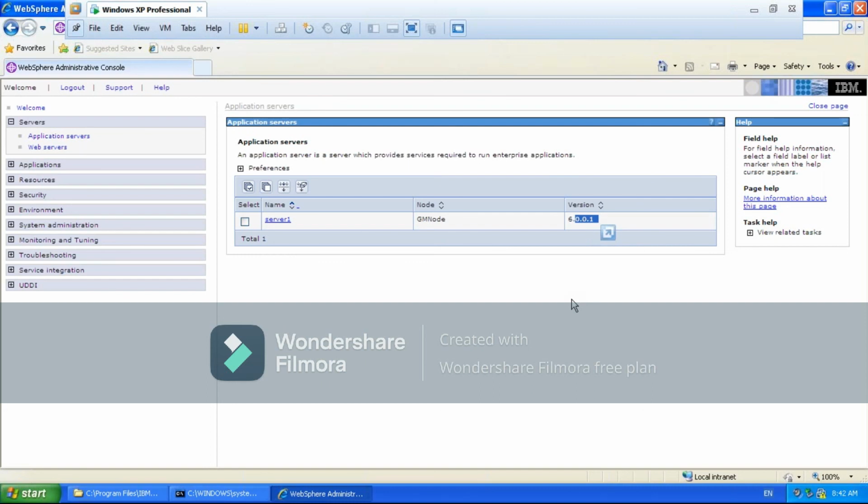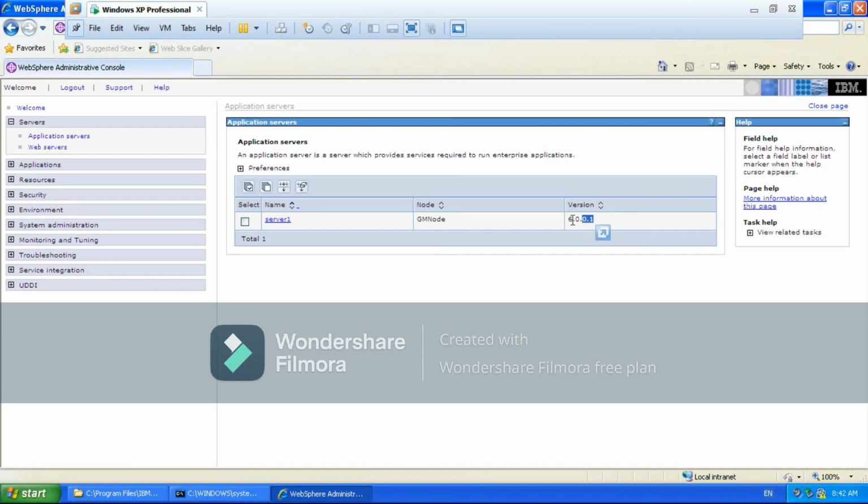Fix packs and refresh packs. Yeah. The first 2 are related to the versions, the last one is related to the fix pack, and the one before it is related to the feature pack. Okay. So if you update with the fix packs, the last digit will be updated. It will become 6.0.0.2, 3, 4. If you do the feature pack updation, the second digit will be updated.